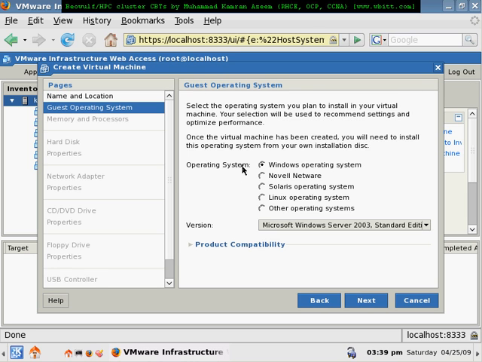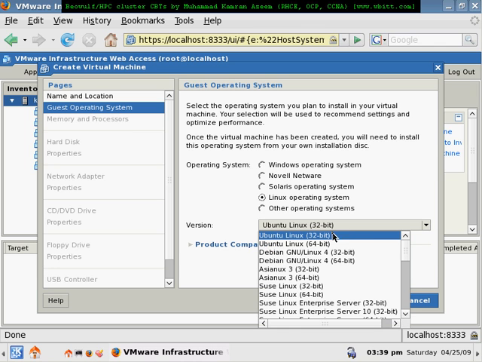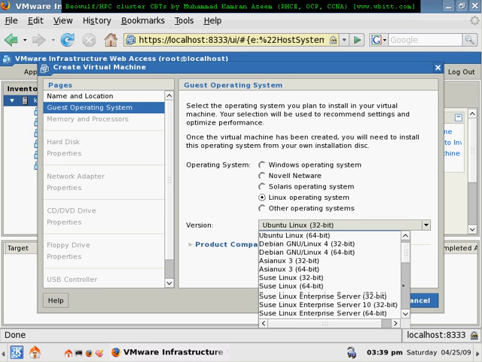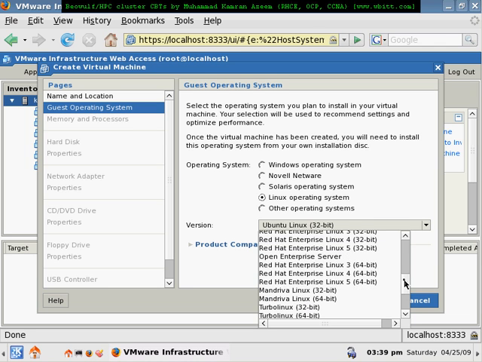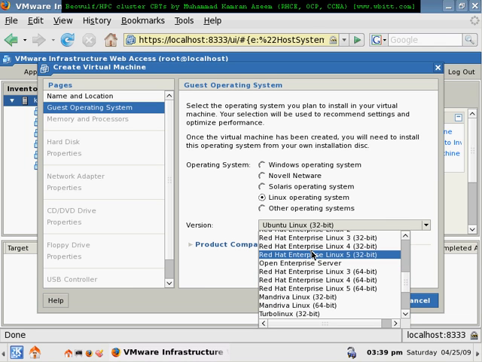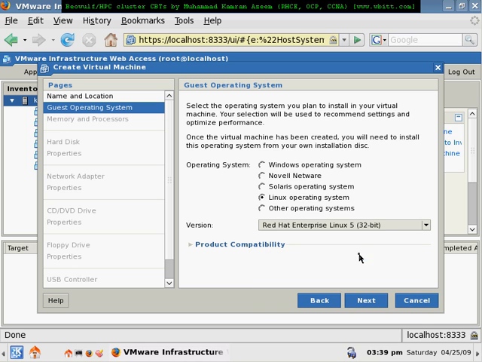Next, it's going to have a Linux operating system. It's going to have CentOS 32-bit, which should be here. Red Hat 5 32-bit. Click this and then